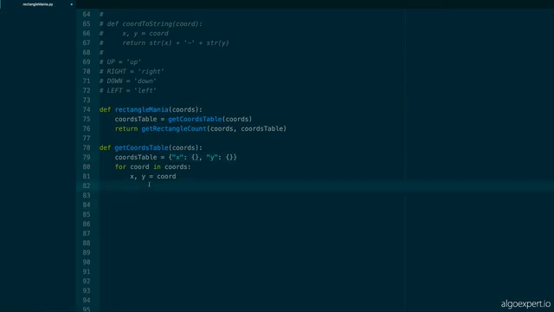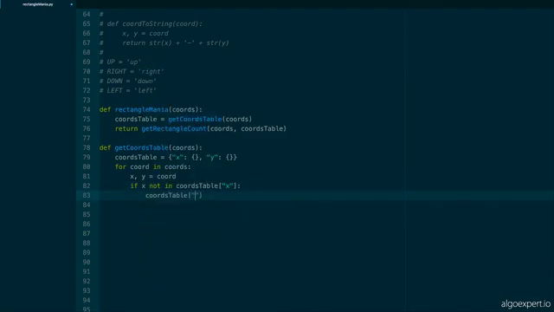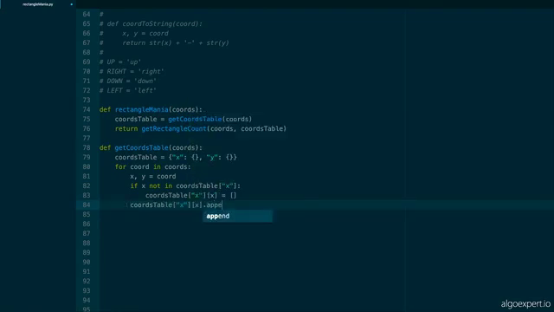Again, here I would tell your interviewer, do you want me to write this out or do you not really care if I write this out? So here it's going to be if x not in chords table of x, then chords table of x at x, this is a bit complicated here, or annoying, is equal to empty array. And then we can do chords table of x dot append, because this is an array